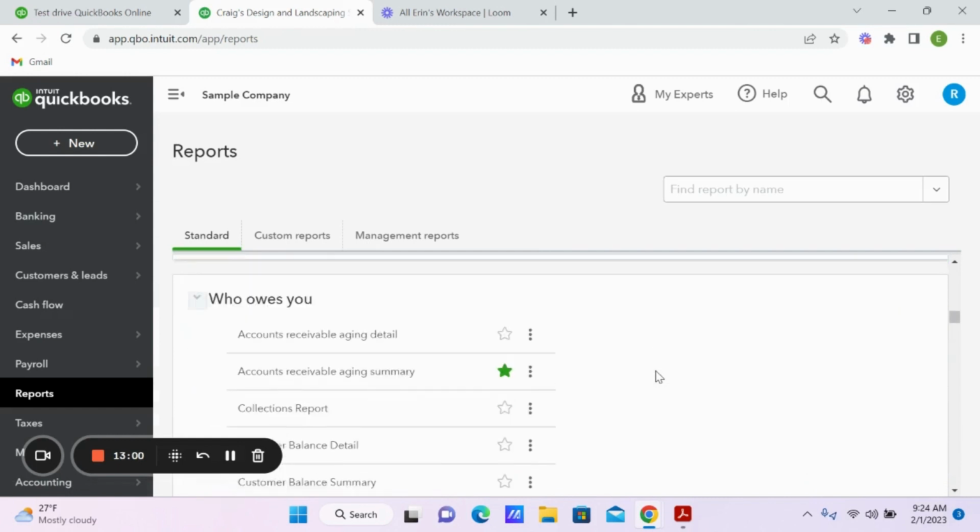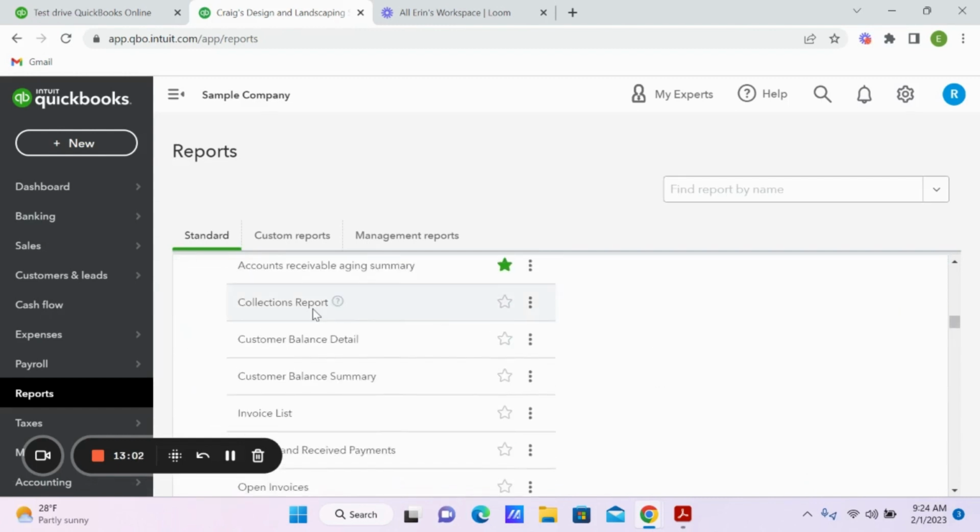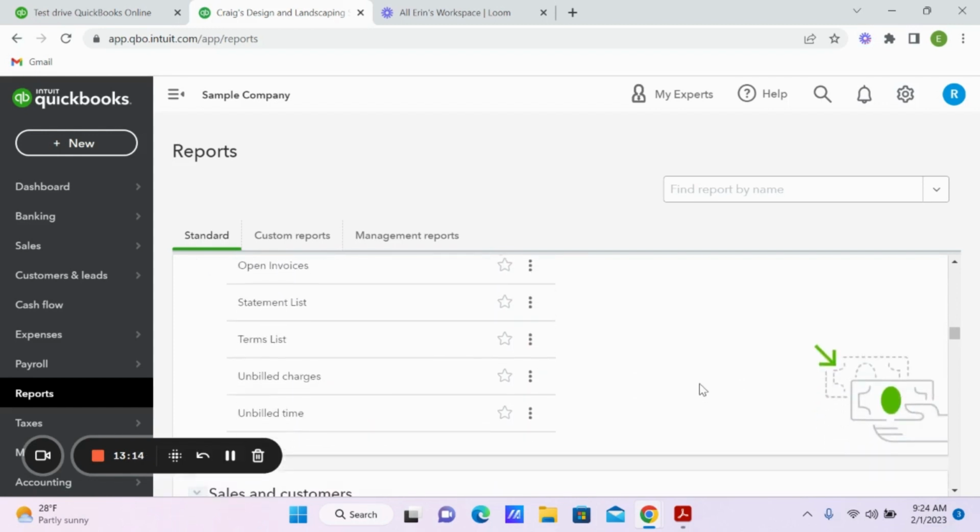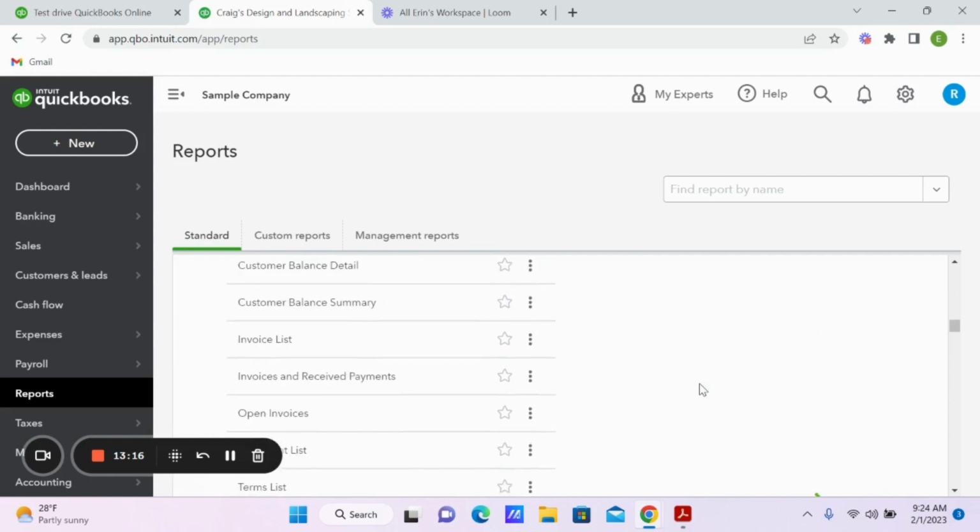You also have some built-in collections reports. So if you have invoices that are aging that haven't been paid yet, it will give you the information there. You can pull up information by customer or invoice type. Those will allow you to see how much work you're getting from specific customers or what type of products are